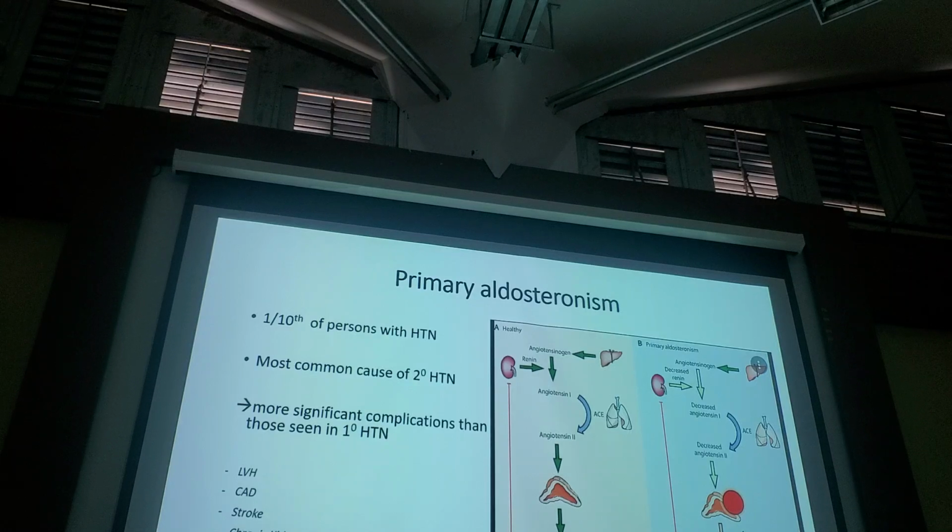It is also the most common cause of secondary hypertension, okay? And the reason it's important to diagnose it is that it causes several complications which are exacerbated beyond the individual who has primary hypertension. Somebody comes in with regular hypertension, yes, they may develop left ventricular hypertrophy, coronary artery disease, stroke, and chronic kidney disease, but it's much more severe in individuals in whom the cause of hypertension is primary hyperaldosteronism. So you want to catch them and treat accordingly to try to prevent these complications, which are significantly more exacerbated